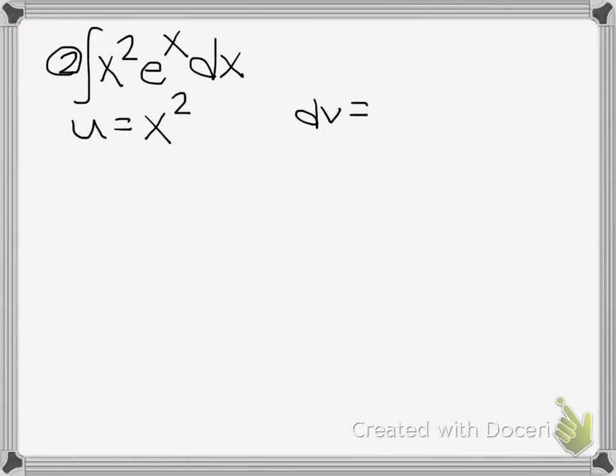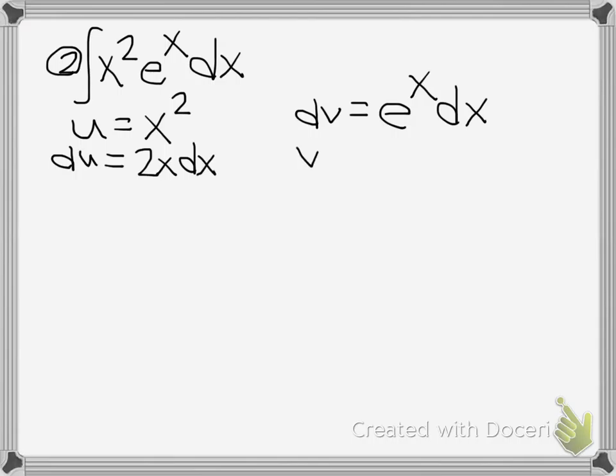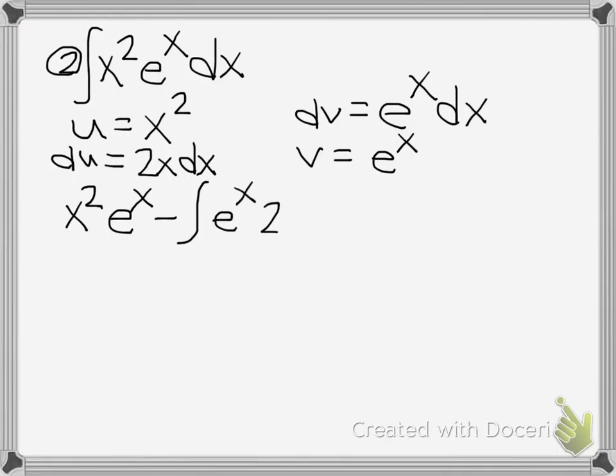Yes, I understand. E to the x is a very easy derivative to take also, but it's also a very easy antiderivative to take in this case. That would make du 2x dx, and v, again, the lovely e to the x. So, setting it up, we have uv minus the integral of v du,